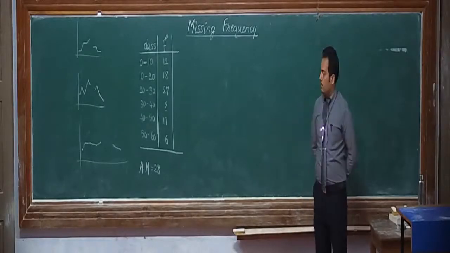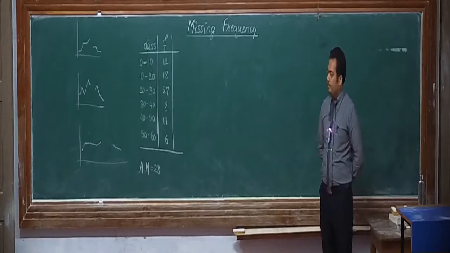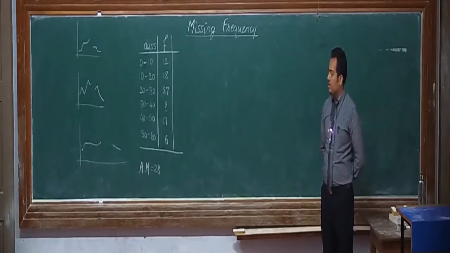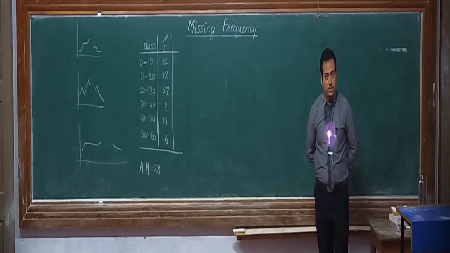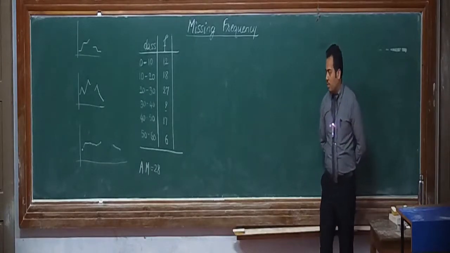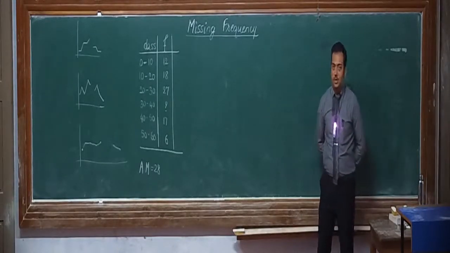Okay, so this is a different kind of problem. Missing frequency is this new concept. How do you find a missing frequency from the distribution when the remaining frequencies are given along with its arithmetic mean? Okay. Now